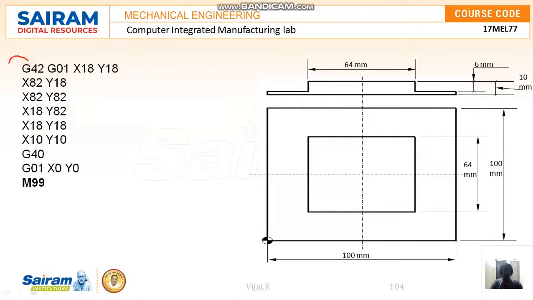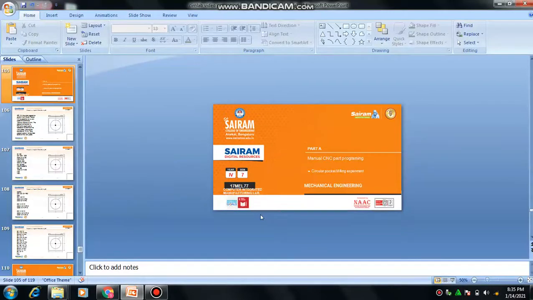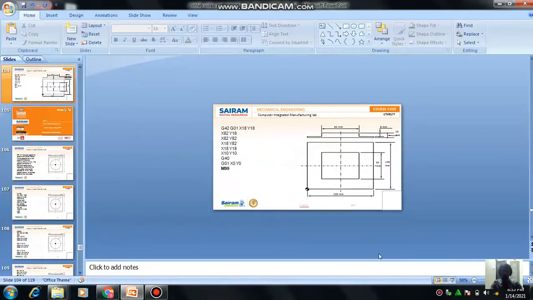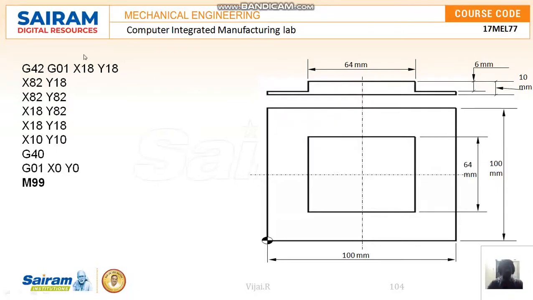For that we are going to use cutter compensation. Here in the slab milling, the tool has to travel outside of the profile, so we are going to use this G42. We know that G42 is tool nose radius compensation, right? So this G42 will help the tool to travel. Normally, if it's a profile, I want to make the tool travel outside.